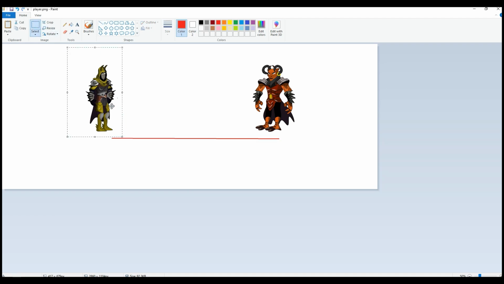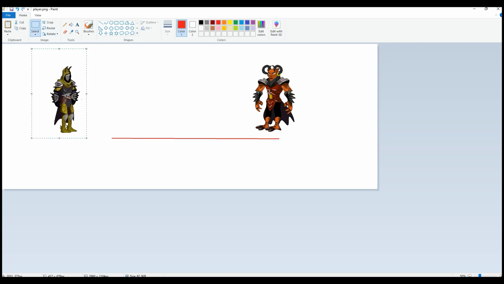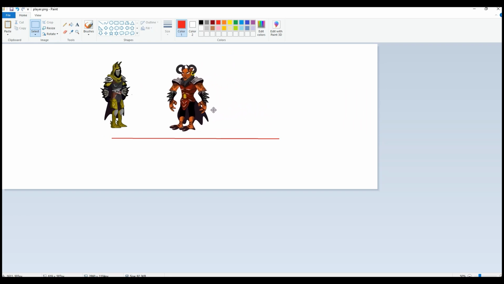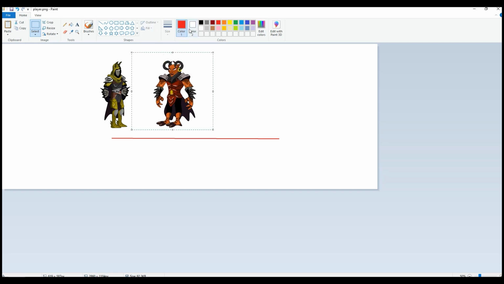For example, if the player is here, the enemy does nothing. But if the player comes here, then he knows, okay, I saw the player, he's intruding, I have to go towards him. And when he is at a certain distance, he stops there,